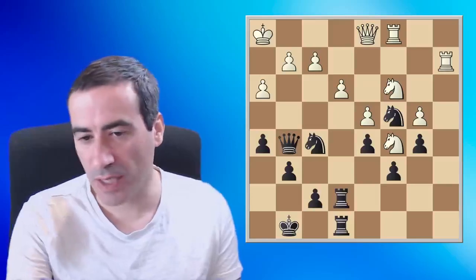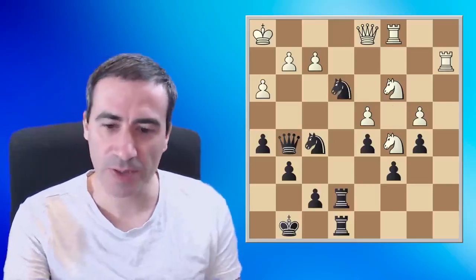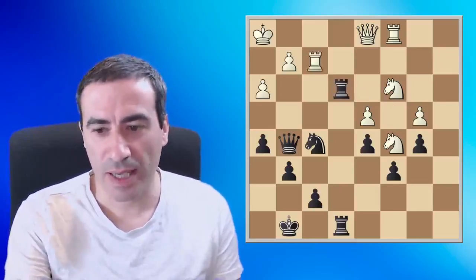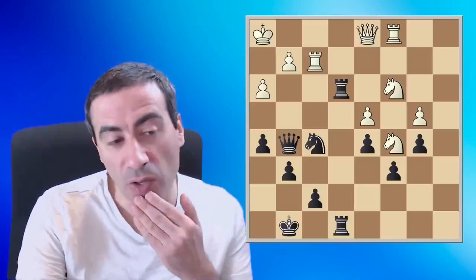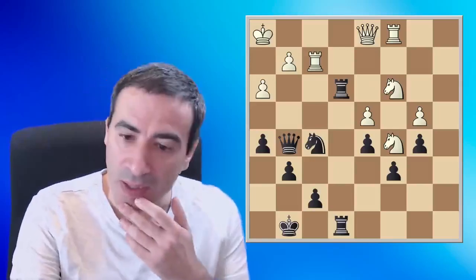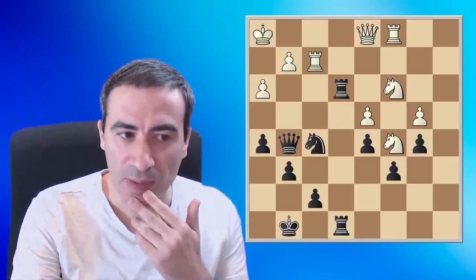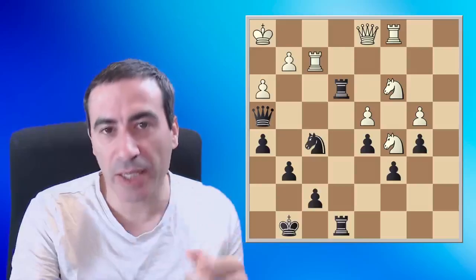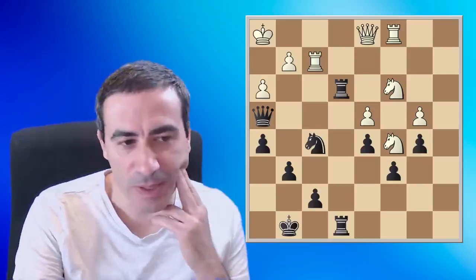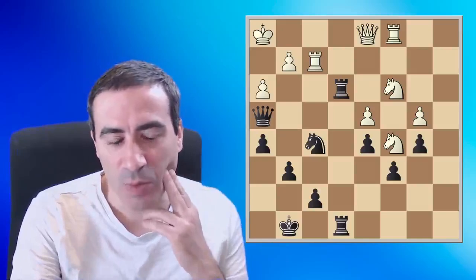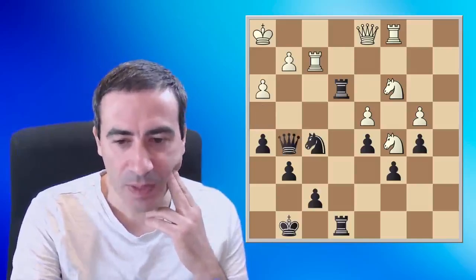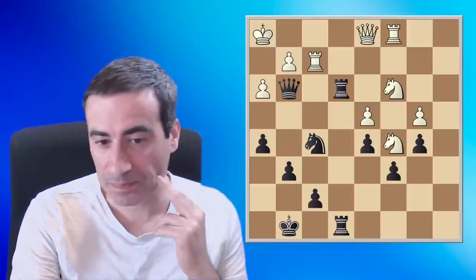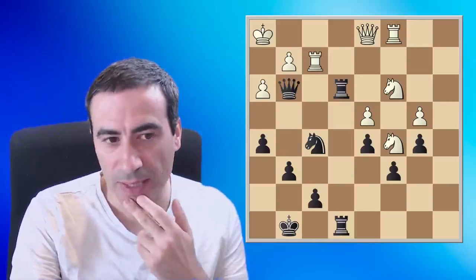So here, Kramnik, playing blindfold, finds the sacrifice knight takes e3 again. And here he commits maybe the only mistake in the game, but I think many players would have done the same. He played queen h4, attacking f2 and d4, so it seems a strong move. But white has a way to hold after that. The engine suggests queen g3, and it makes a big difference,